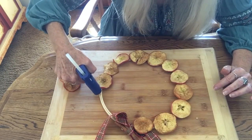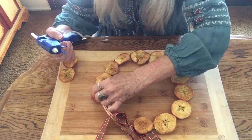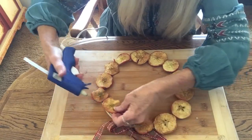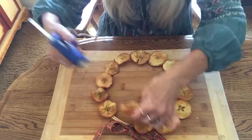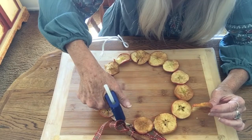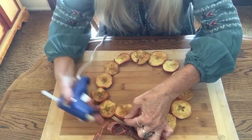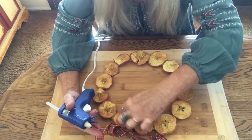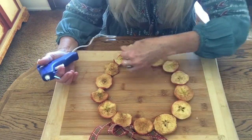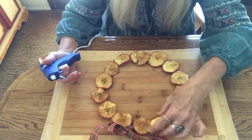So I'm going to finish up here with my last apples. And I tried to, any apple slice that had a star, I tried to make the star facing up. They didn't all have stars. This has sort of the suggestion of a star. I do have two little slices left over, but okay, I think I'll just leave that. Then I'm gonna